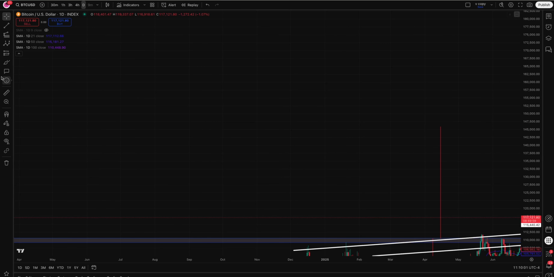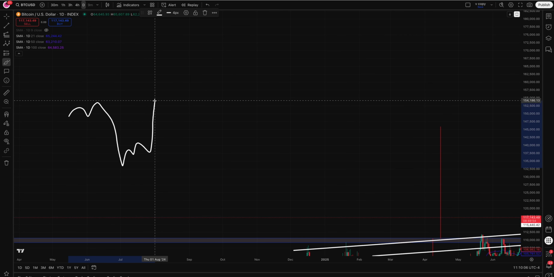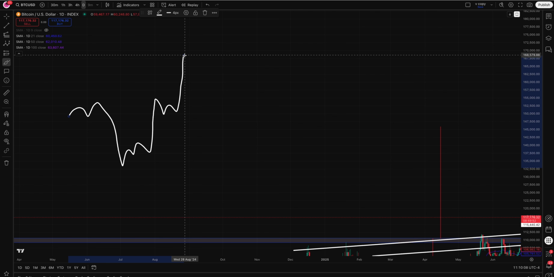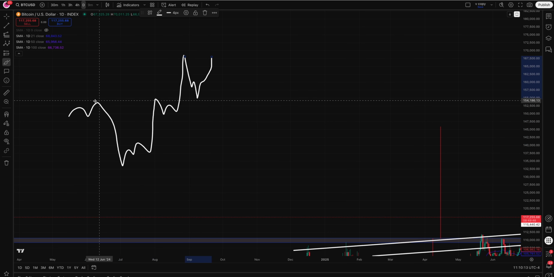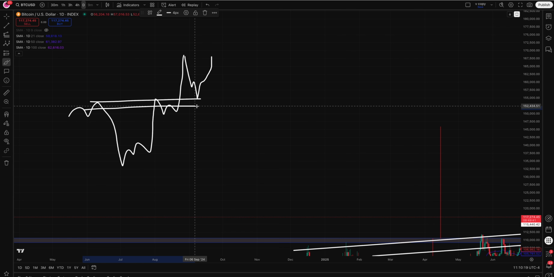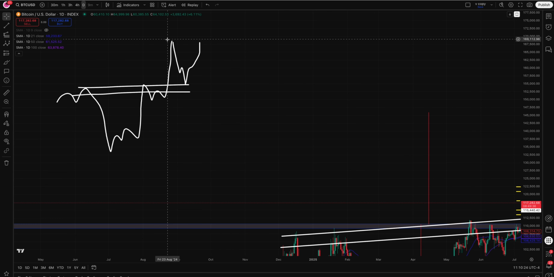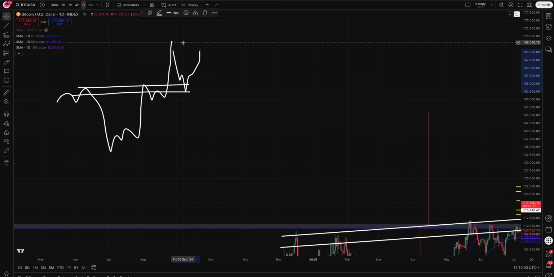So whenever you have an inverted head and shoulders, this is your left shoulder, this is your head, and then this is your right shoulder. When you see the breakout, yeah, you could do this, but you're not fully back testing into it. Usually what you see in crypto is it's usually never a tap and go, right? What usually happens is you kind of wick down below the trend line, right?